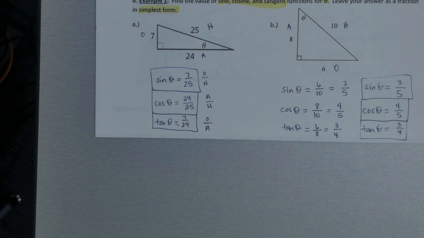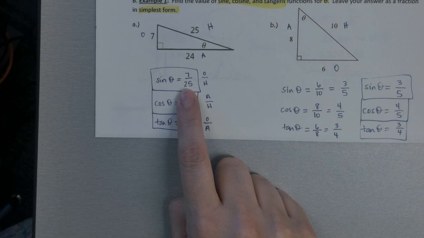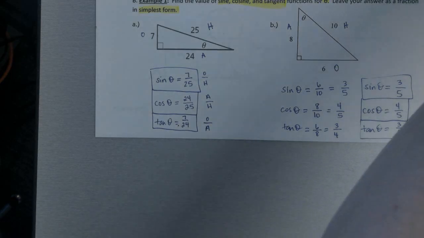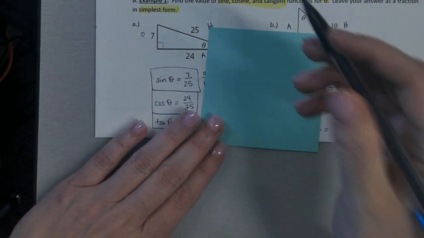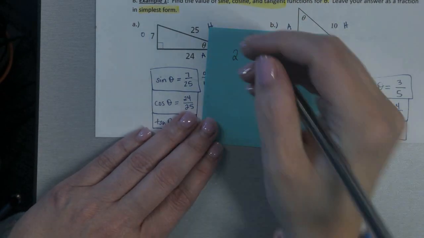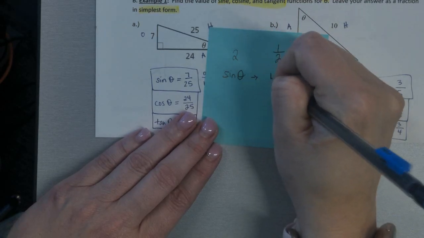Alright, so the reciprocal functions. First, when you think of a reciprocal, normally you think of a fraction. If you had a fraction, what would be the reciprocal of 7 over 25? 25 over 7. You would just flip it, right? What if it was a whole number, like 2? What's the reciprocal of 2? 1/2, okay? So with the reciprocal functions, if you have the sine of theta, the reciprocal is 1 over the sine of theta,